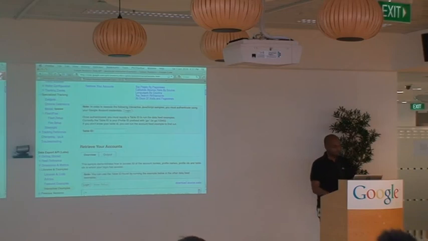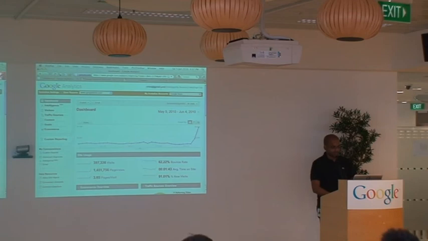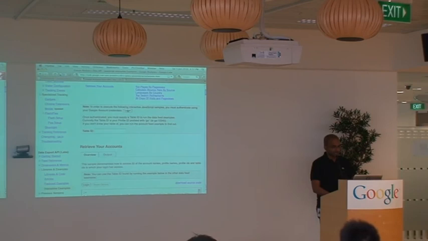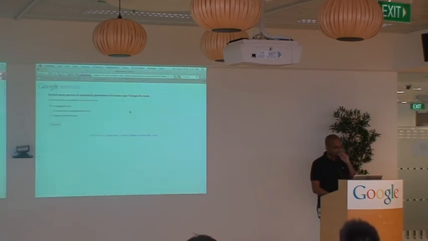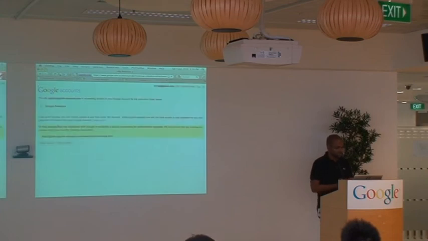So in my Google Analytics account, for example, my personal Gmail account has access to all these accounts, and it has access to all these various profiles under those accounts. When I log in, this uses our OAuth style of authentication. It redirects to Google Accounts, which handles all the authentication. It asks which ID I want to log in as. Then it says, hey, the Google Analytics API is trying to access your Google Analytics data. Do you want to grant them access or not?